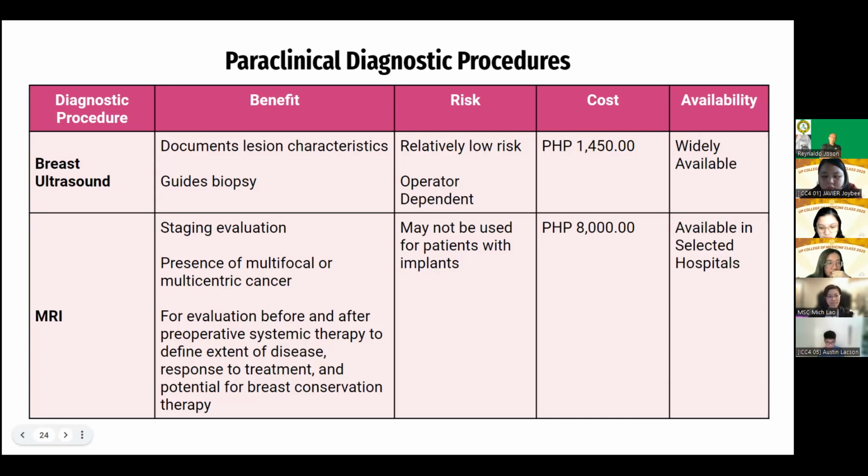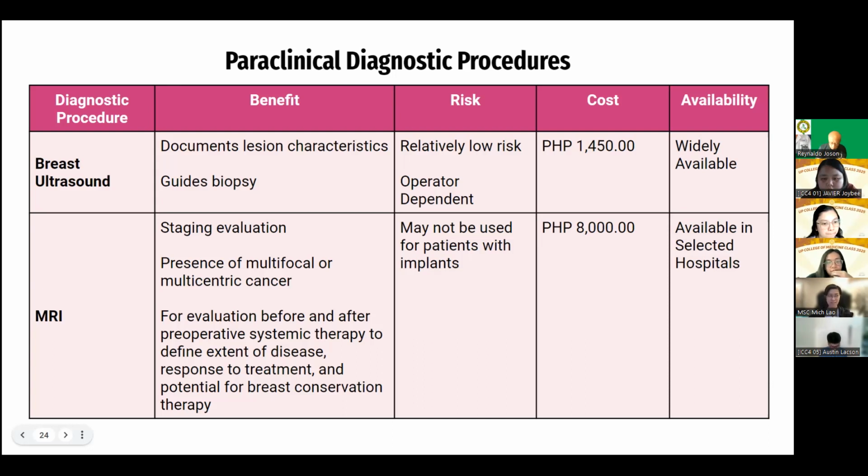So next is the MRI naman po. This procedure is useful for staging a potential breast cancer, and it also checks for the presence of multifocal or multi-center cancer po. So it's also used for evaluation before and after preoperative systemic therapy to define the extent of the cancer and its response to treatment. And it also assesses for the potential of breast